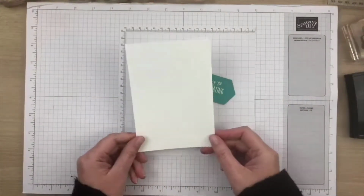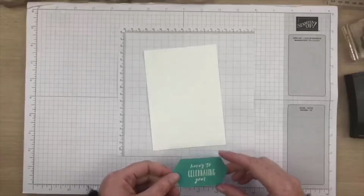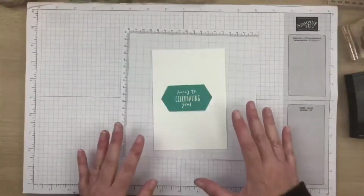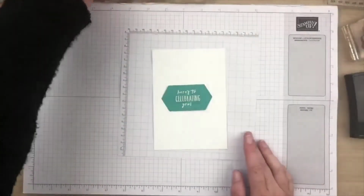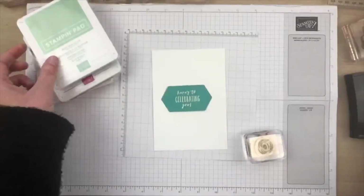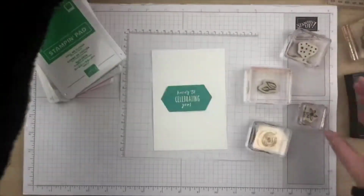And I have a piece here of Whisper White cardstock. This one measures 4 inches by 5 3/4 of an inch. And we're going to be stamping our stamped image around this greeting here. So I basically want the greeting to be the star of this project. So we'll start with using some of my circle image, and I've got some colors here. I've got some Grapefruit Groove, Lovely Lipstick, Mixed Macaron, and Call Me Clover. And I'm going to be using all these colors to help me create